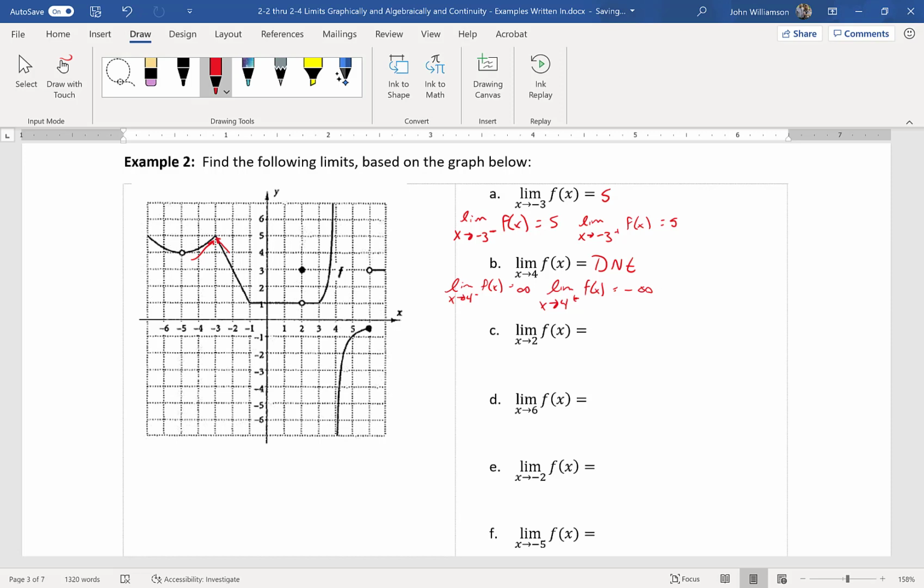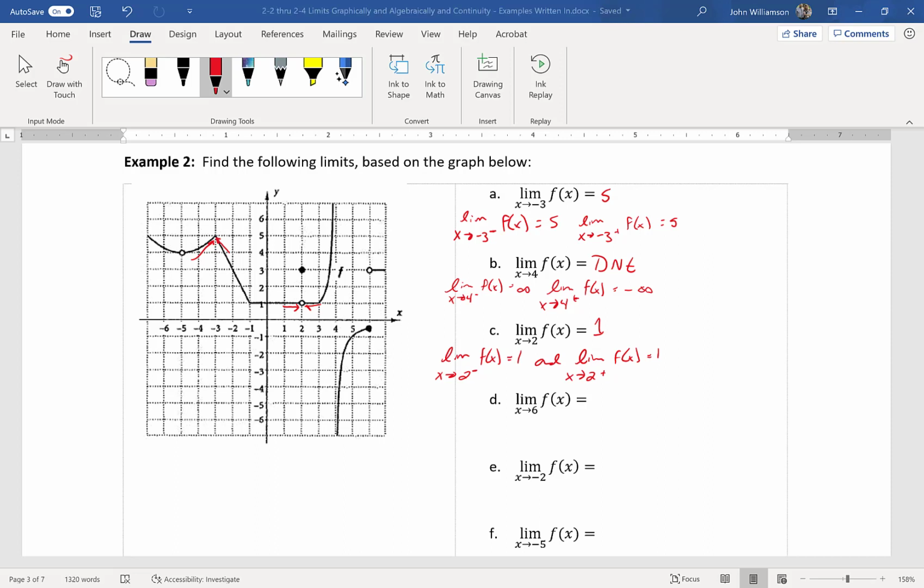Alright, the limit as x is approaching 2 of f of x. Same concept. Notice when you look at it graphically, you can see as we come into 2, both sides are approaching 1. So even though f of x is defined to be 3, the limit is going to be 1. And again, we verified that because the limit as x is approaching 2 from the left is equal to 1. And the limit as x is approaching 2 from the right of f of x is equal to 1. And because both of these agree, we know that the limit as x is approaching 2 of f of x